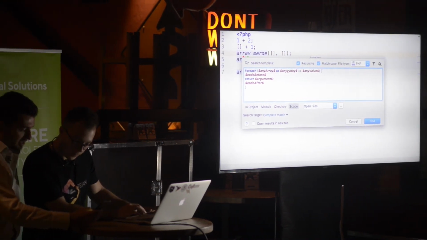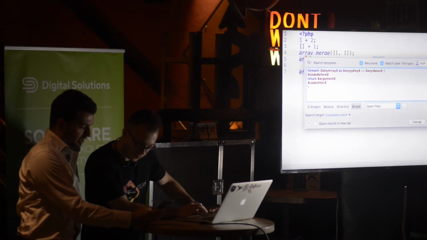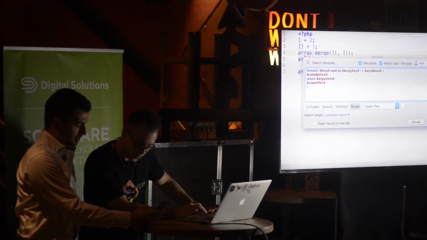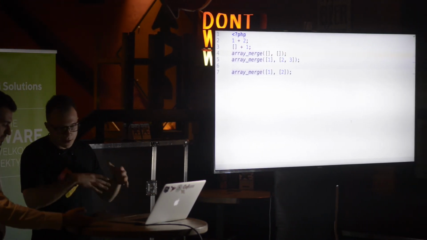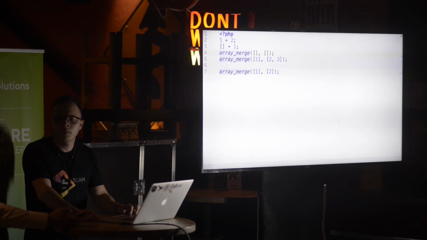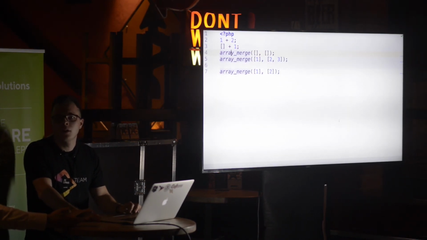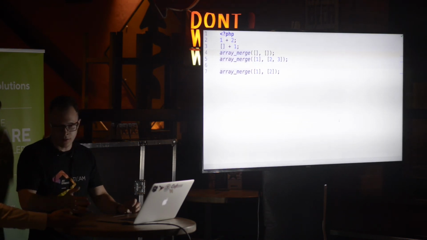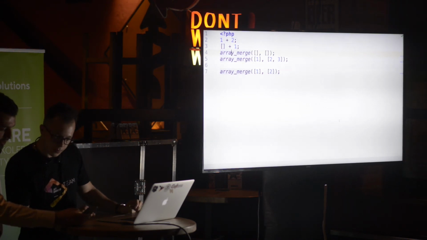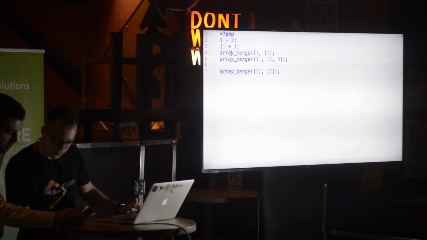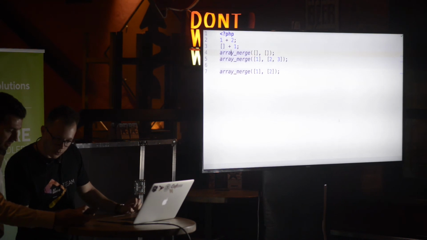Do you have statistics? How often do you use structural search instead of classic ways of search? We have, statistic is a general term, but if I'm not mistaken, we have, for example, 20 such templates in our project running constantly. Thanks. Another question from Broky. Is this search pattern plugin compatible with PHPStorm only, or is it usable for other JetBrains products and other languages too? As an example, IntelliJ IDEA.